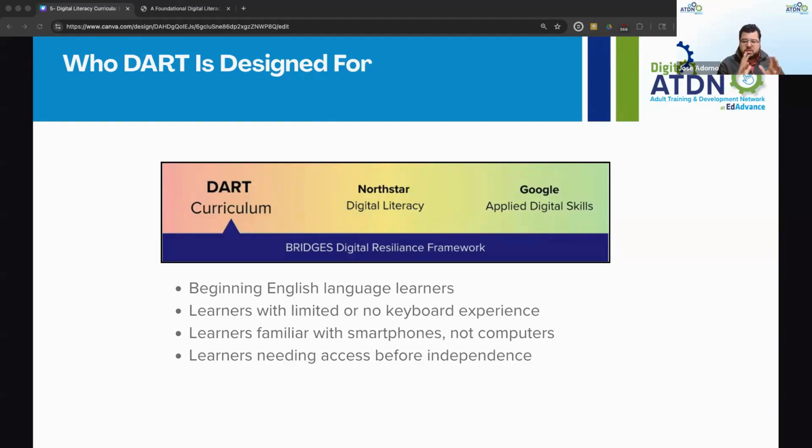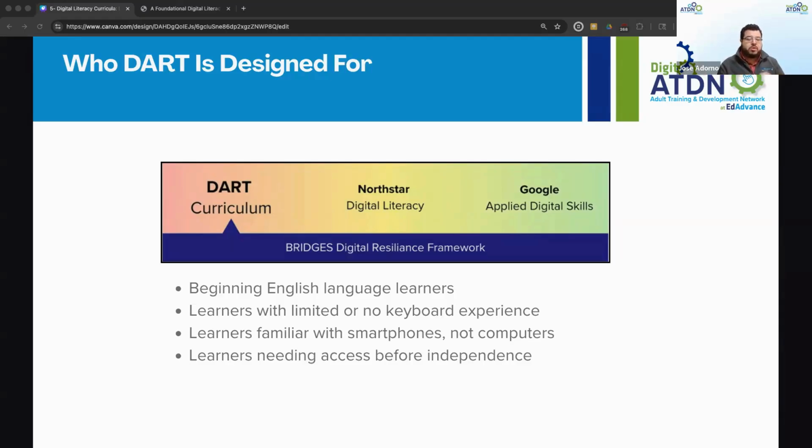As you can see, the color changes from green, which is requiring more or some foundational digital literacy, moving into your yellow, which targets a lot of that foundational digital literacy, and then Dart, which takes another step back, that focuses on not just the foundations but also the language.